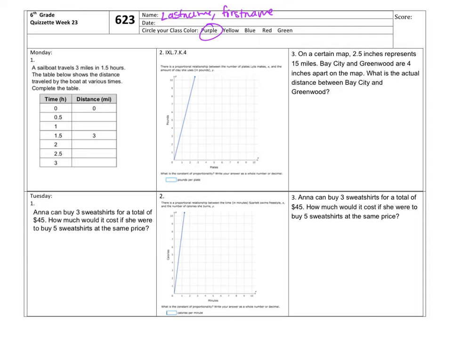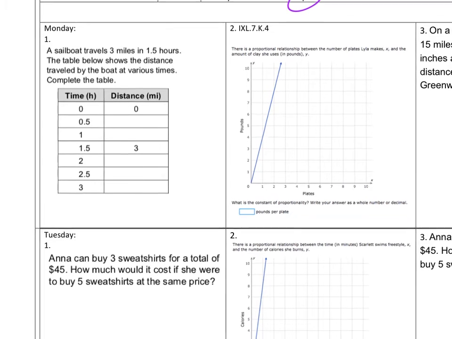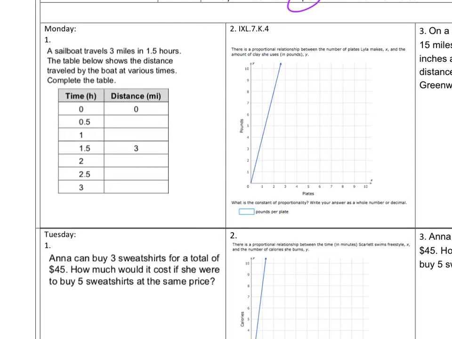All right, number 1 on Monday, it says, a sailboat travels 3 miles in 1.5 hours. So a sailboat travels 3 miles in an hour and a half. The table below shows the distance traveled by the boat at various times. So obviously if the boat isn't traveling, it's not going any farther, so there's 0, 0. Now in terms of time,